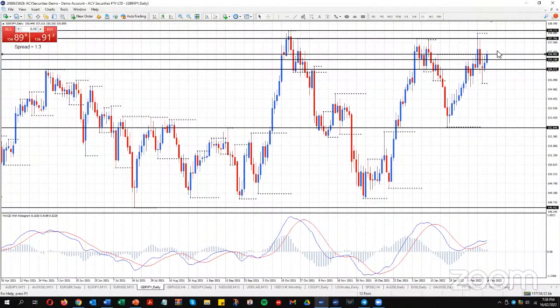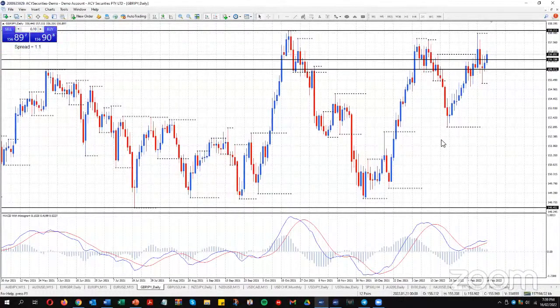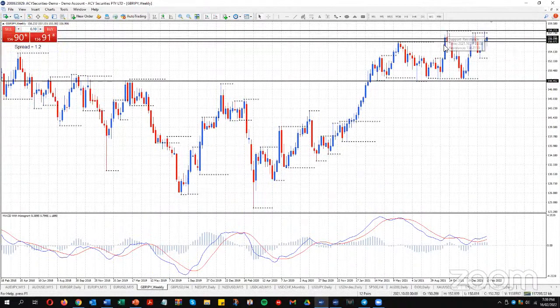We're going to get rid of a few lines here, just in the short term, just to show you that these three levels are monthly resistance levels, these lines. This is monthly support. And what we're seeing on the monthly chart is we're contained in a range here. And last month we had a spinning top, which is negative at the top of the range. And we're trading back up into that resistance area. Are we going to move back down to support? Weekly chart. You can see that we traded up into the area, back down, traded up into the area, back down, traded back up into it. A negative candle on the close last week, wick at the top there,